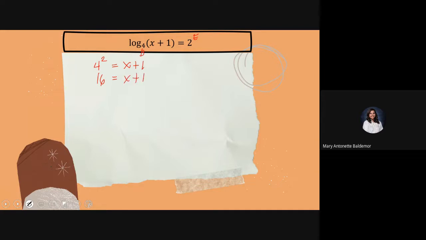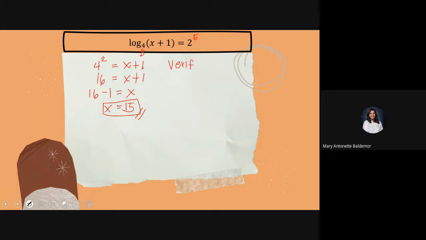We can now combine similar terms. So the constant here is 1. So transpose 1. 16 minus 1 is equal to x. So therefore, our x here is just 15. Now, by commutative property, this is just the same. So x is equal to 15 or 15 is equal to x is just the same. Now to verify,